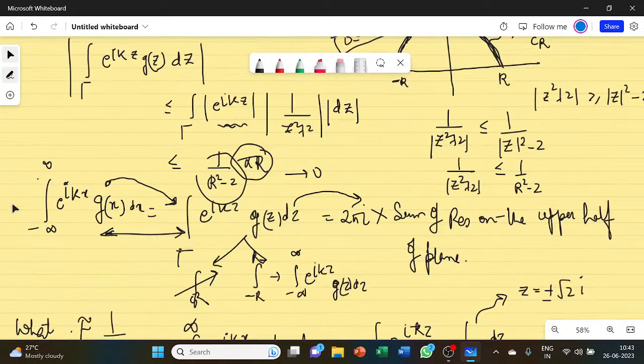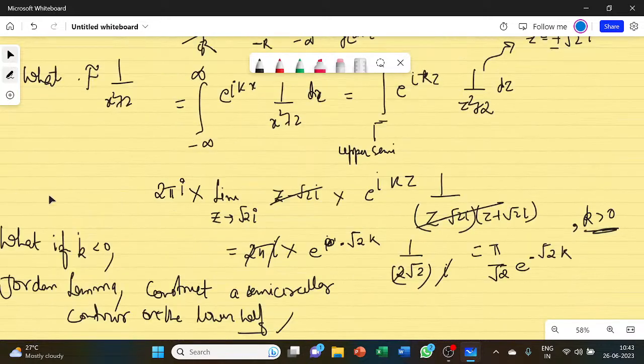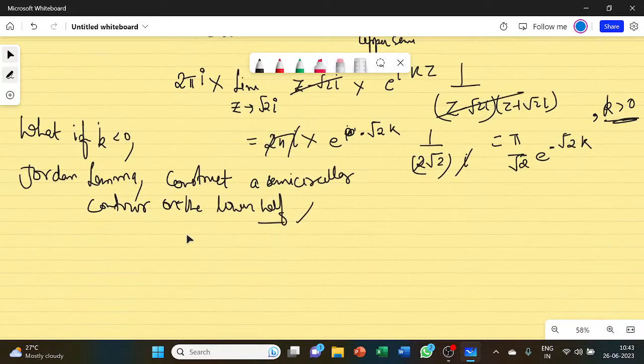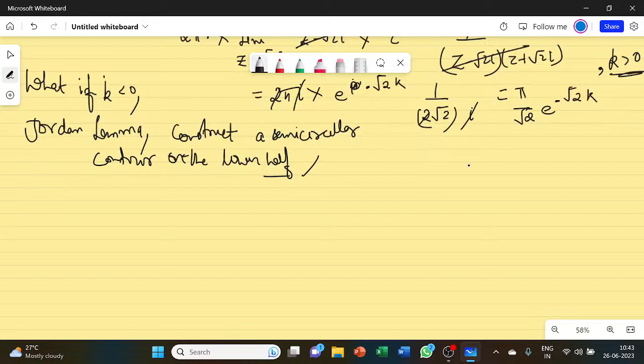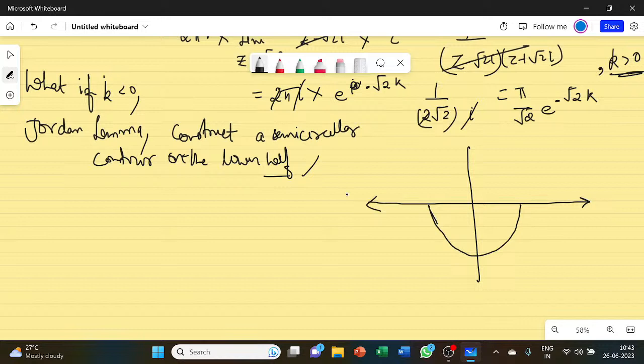Now let me just show you. If I construct a semicircle contour on the lower half, so this is how it is. And remember, your k is less than 0. So for the case of k less than 0,